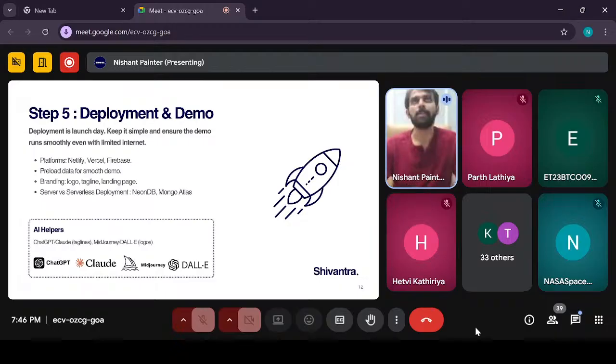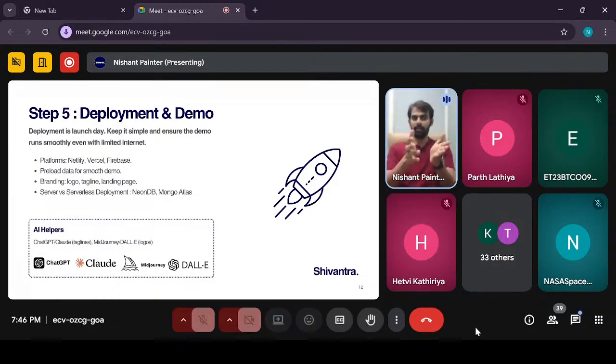Now here, the next point is to preload data for a smooth demo. What does this mean? It means that there is some cache layer which allows you to quickly get the data instead of hitting the database each and every time. It can be anything. It can be a small array, or a small JSON object in which you have temporary data, right, which quickly gets into your system. And not each and every time you need to hit the database. This will definitely improve the speed of your application, right?